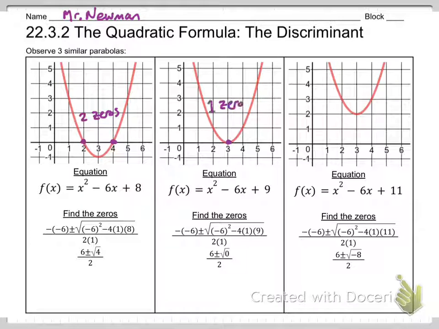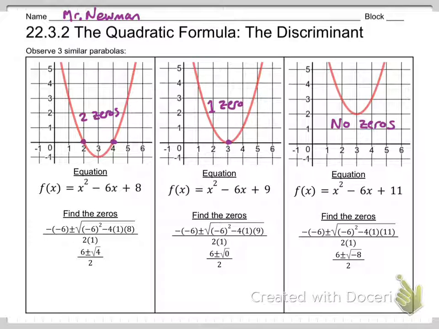The second one has exactly one zero. Notice how it just barely touches the x-axis at the bottom of the parabola, at the vertex. And that is actually the only time that a parabola will have exactly one solution, is when the vertex is on the x-axis. The third shape has no zeros because the parabola does not cross the x-axis, so there are no solutions for